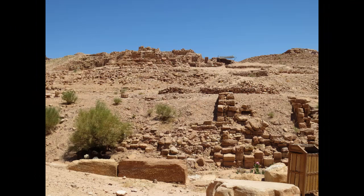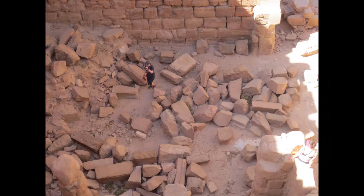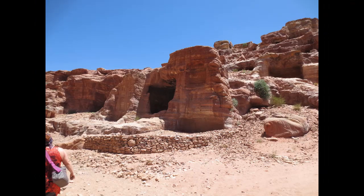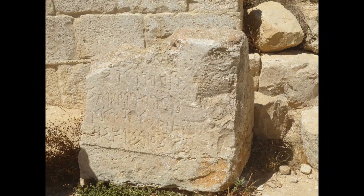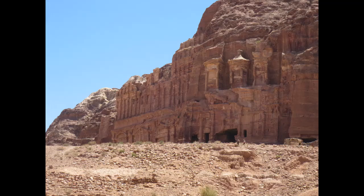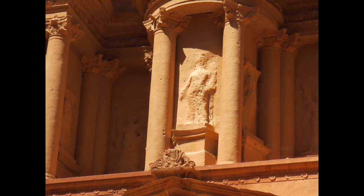But part of it is also because, despite the city's world-renowned fame and status, very little archaeology has actually been done on it. Most of the larger Roman city is still buried in the desert. And the Nabataeans kept their stone carving a secret. No one ever really figured out how they did it. They left very few written records, and even a single mistake would mean the building was ruined. Yet, these structures are seemingly flawless, damaged only by time and later...